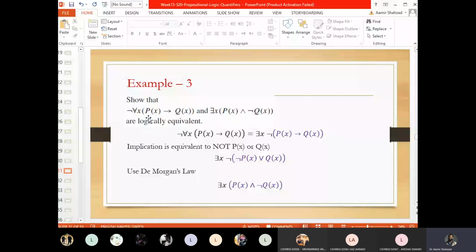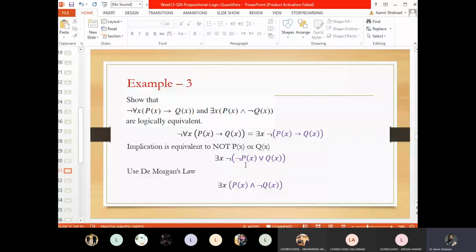इसकी negation करनी है. So ये इसकी negation क्या होगी? आपकी universal quantifier is changed into existential quantifier, और जो अंदर आपकी statement है, which is an implication, P of X implies Q of X, इसकी negation हो जाएगी. Negation of P of X implies Q of X. So we know कि जो आपकी implication होती है is equivalent to not P of X or Q of X. So P of X implies Q of X is replaced by not P of X or Q of X. ये हमने last class 2 classes back हमने ये किया था.